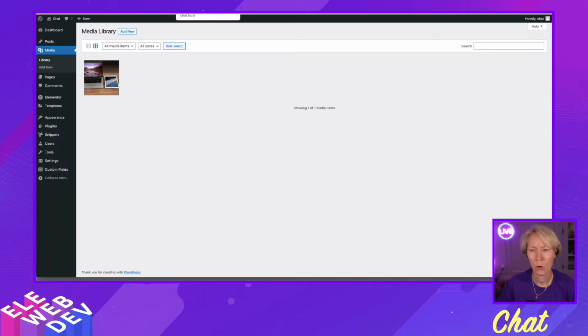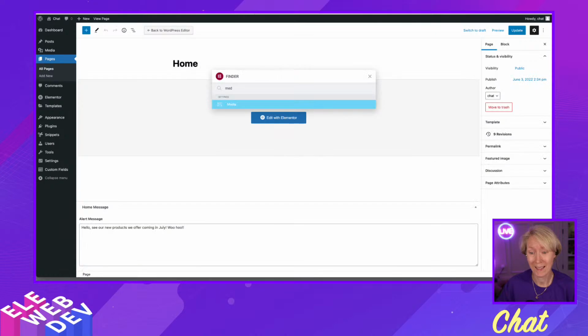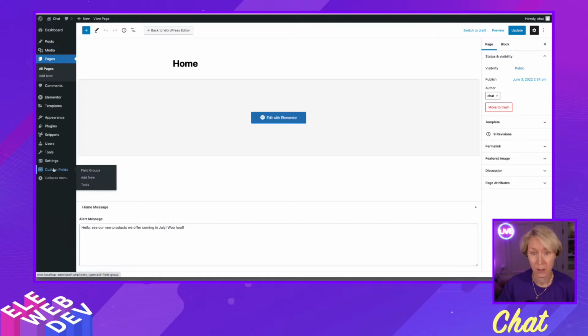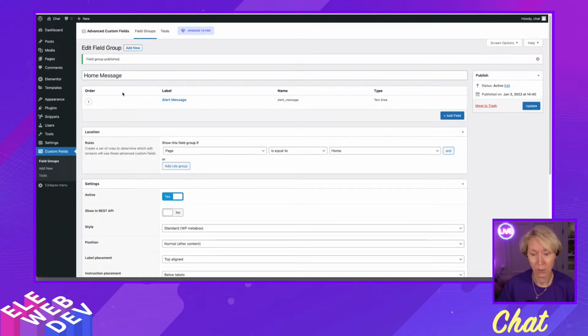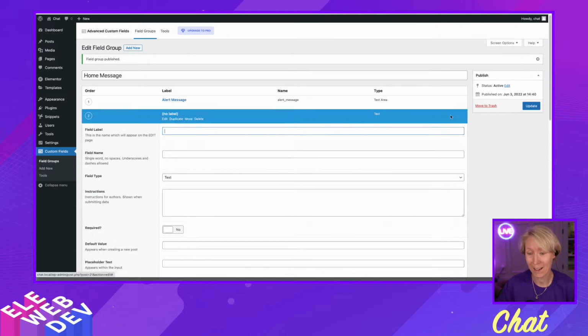All right, so we're going to go back to, where do we need to go? We need to go to edit the custom field. Edit the field group. Here we are, right there. Okay, so we've got our alert message. Can we add an image? Of course we can. We can add a field, and field label, we're going to say alert image,